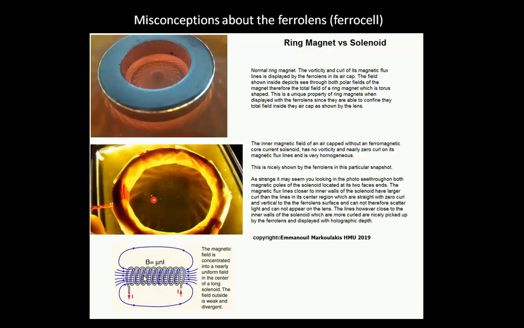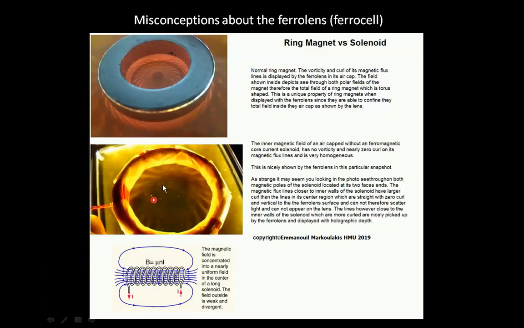And in this configuration, as theory also predicts, the field lines, the magnetic lines of force or magnetic flux, are straightforward. They are very straight and very homogeneous. And surprisingly, but not really, we see this also when we view the magnetic field of an air-cored